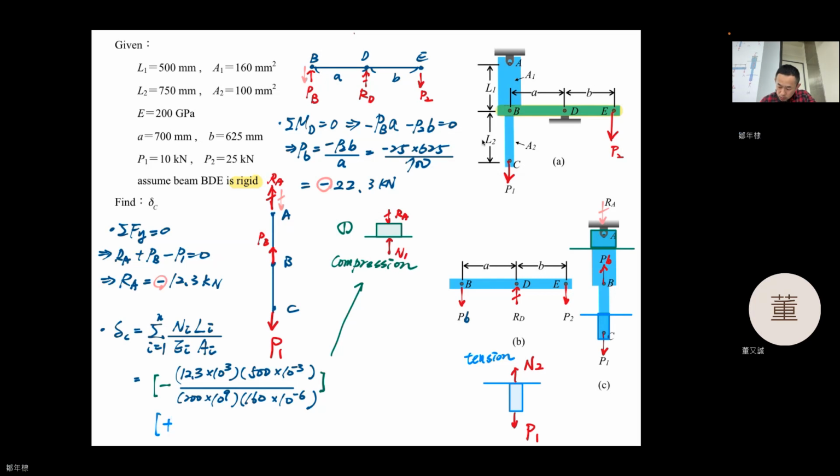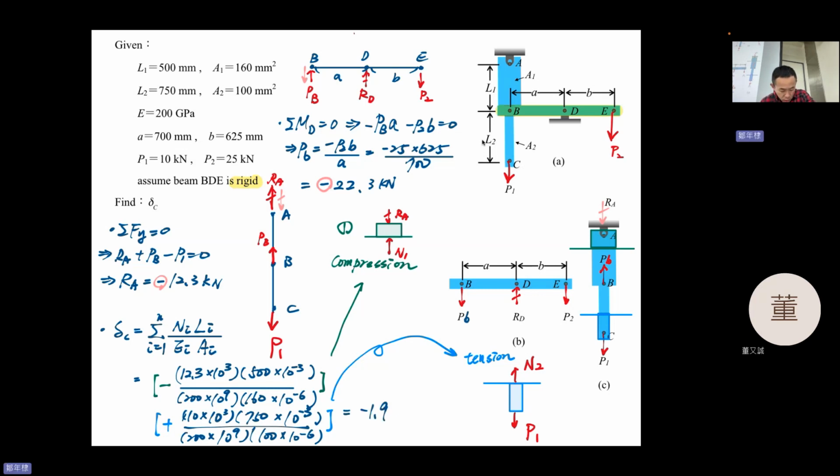And 10 times 10 to the 3, 750 times 10 to the minus 3. Yeah, and this one, 200 times 10 to the 9, 100 times 10 to the minus 6, and it will be this one, and you know that. Okay, and the result will be